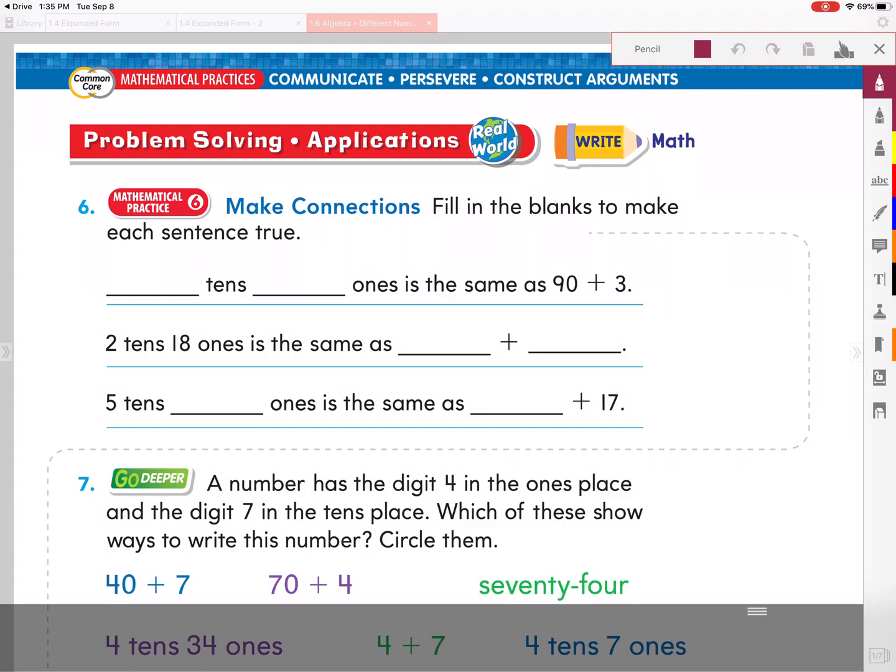So look at, you have blank tens, blank ones is the same as 90 plus 3. Well, let's take a look at that. I would like to use a bunch of rods because I don't want to draw a bunch of singles. So let's go all the way to 8. Well, I made 80, didn't I? I just made 80. All right, so I know that to get to 93, I need,